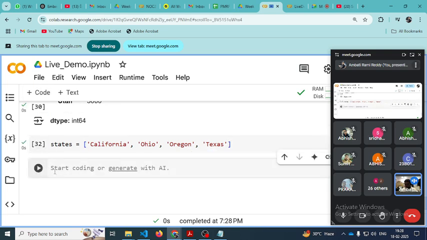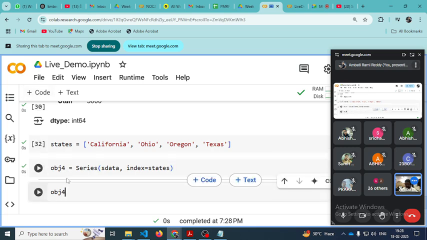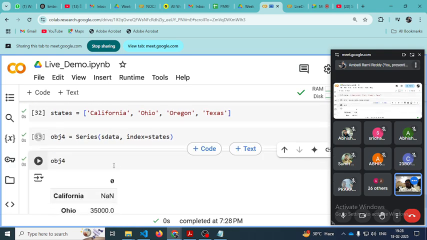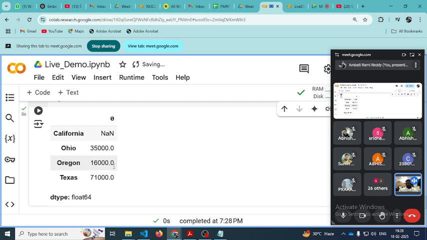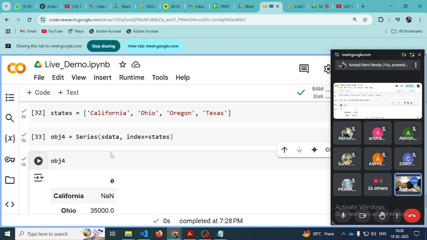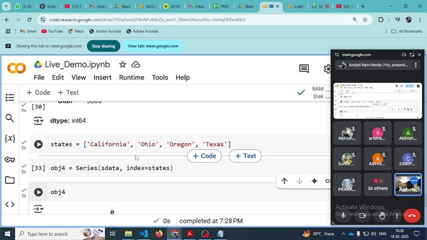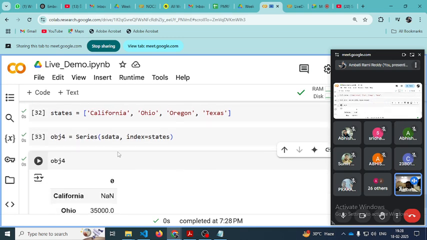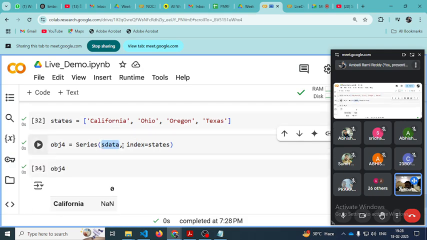Similarly I am creating one more object. See here, S data, sorry, and then index states. You just see this one, this is S data, and then you try to print this object 4. What we are doing is we are trying to print this object 4. If you just observe here, in this object 4,